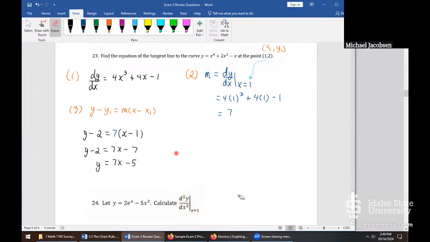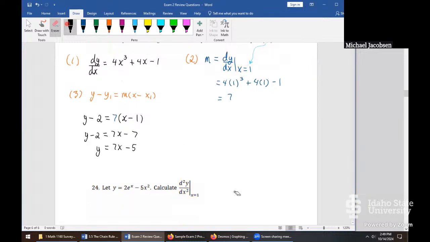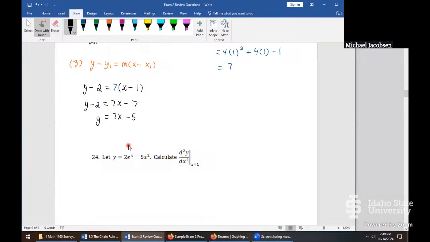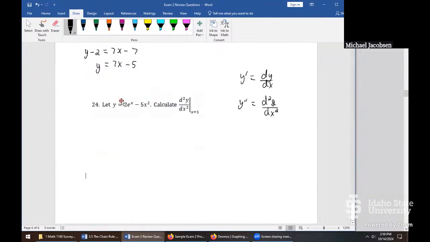The function involves an exponential function. So we're going to calculate either y prime, which is dy/dx, totally up to you, whatever notation you want to use. It doesn't have to be this way. y double prime is d2y/dx2. So for that function there, let's stick to Leibniz notation. Let's get dy/dx equals